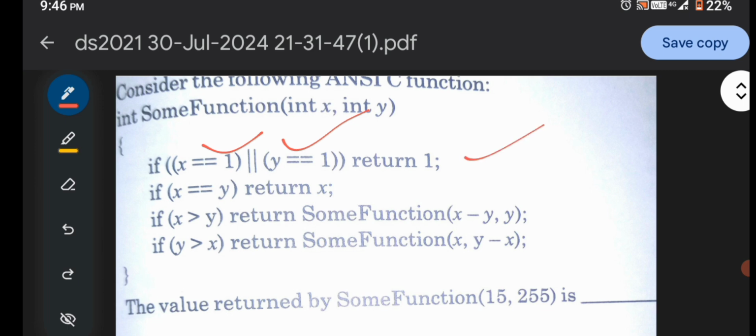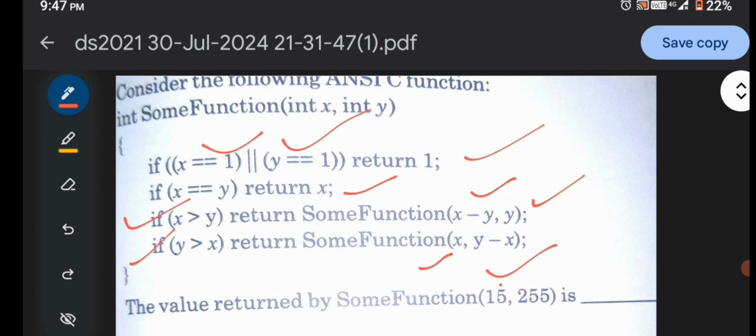Another if checks x equal to y, then it returns x. Then there are comparisons: if x is greater than y, then the function returns sum of x minus y and y. If y is greater than x, then it returns sum of x and y minus x. So it is very easy.